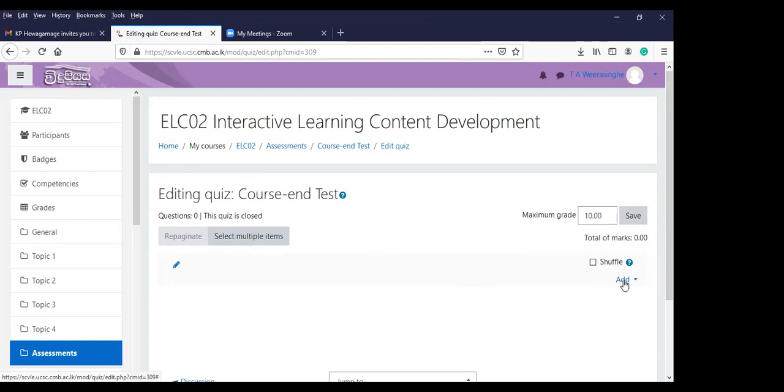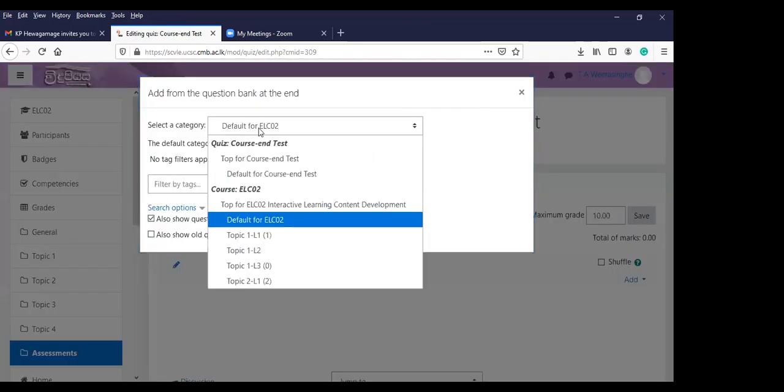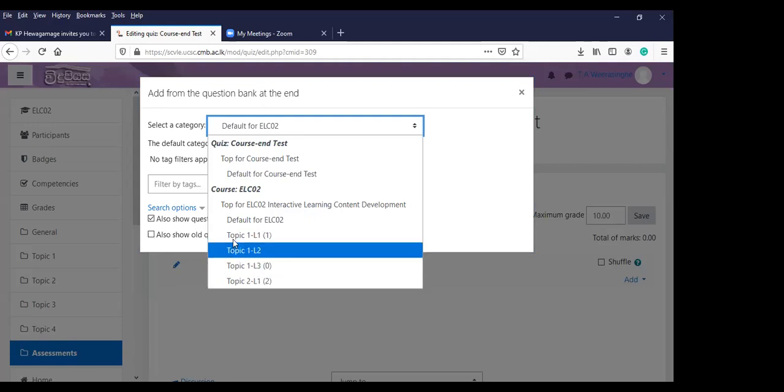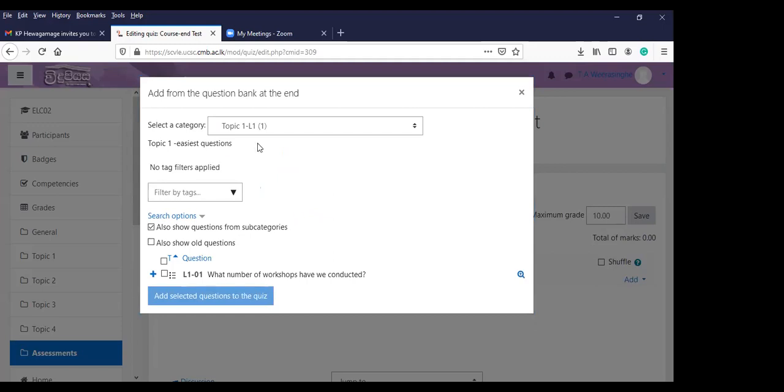Can you see this link here, add? So from the question bank, I have created the questions here. In this place, I have one question here and two questions here. So let's say I take one from here, but you have to have at least a large number here, actually 10 at least, let's say for 1 hour, then only you can create a nice, effective examination. Now you have one category here,